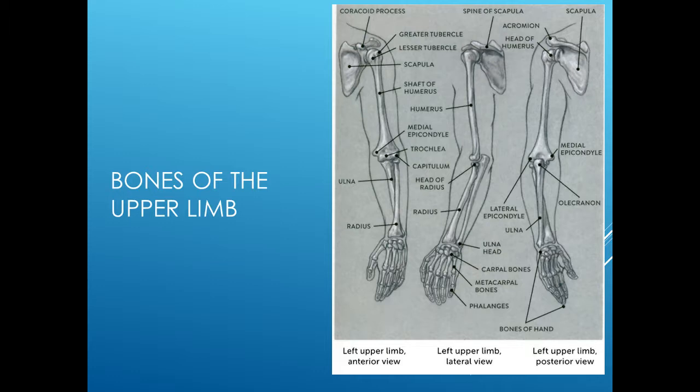Just to go over a little bit, carpal bones in the wrist. What's it called in the ankle? Tarsal bones. So in the hand is carpal and metacarpals, and then the fingers are called phalanges. And then here we see a posterior view. It's a great view of the scapula that we just talked about. Medial epicondyle and the lateral epicondyle, the olecranon of the elbow right there, the ulna, and the bones of the